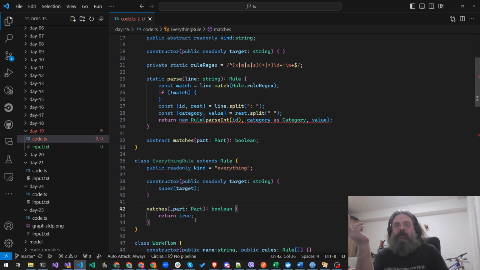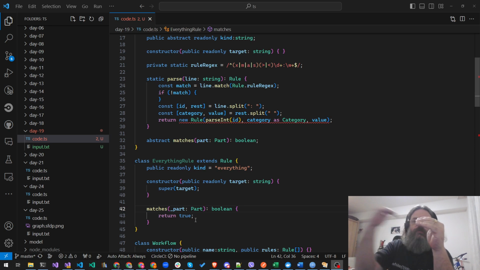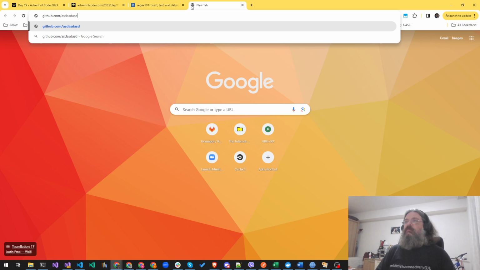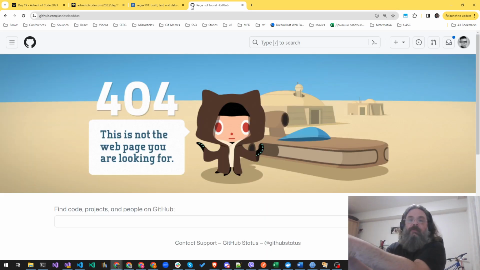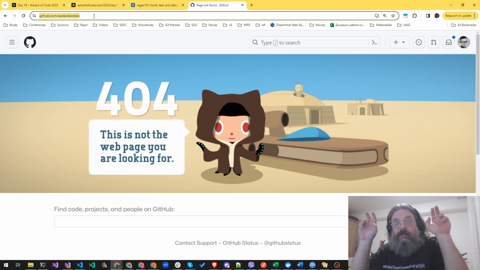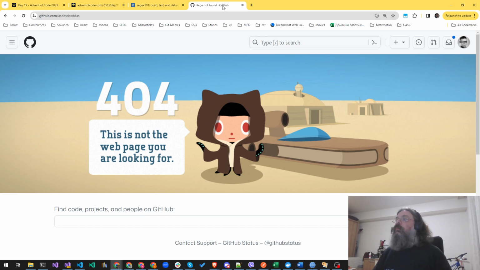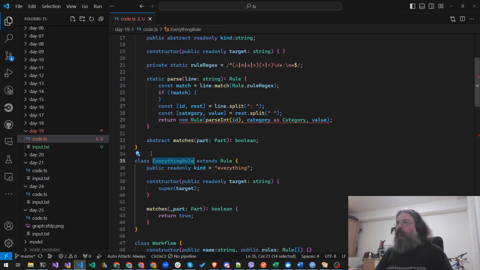And this is kind of a common thing to do in routing, for example. If you have a routing table and you have a route for this, route for that, route for that, route for that, and at the very end you have a route that accepts everything. That's usually, for example, the 404 route. So if you go to, I don't know, GitHub, and this takes you, this route actually matches with the everything route. And the default handler for the everything route is a very nice looking 404 page. So we're not getting an ugly message from the browser that this was not found. We are getting some information from GitHub. So we have our everything rule,